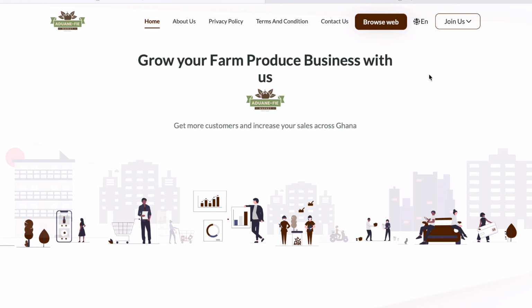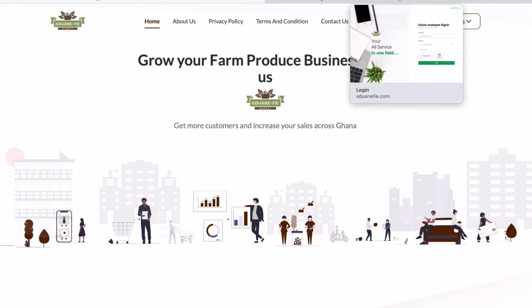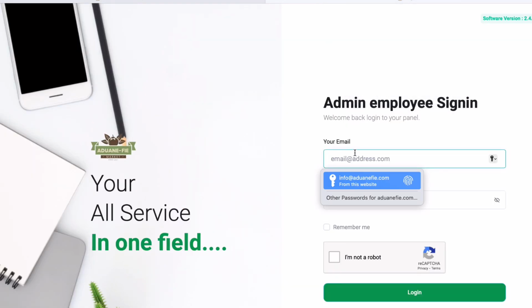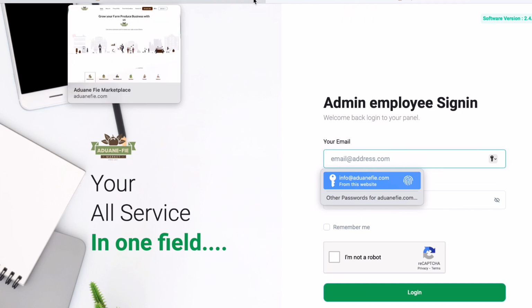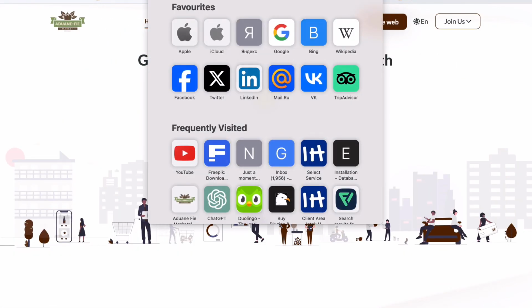So if you are a remote marketer, you're basically going to be using your platform. And I know for those of you that have your login details on the dashboard, it's easy for you to enter. Those of you on the platform, we gave you some login details per your registration. So you go there, and here it is. Here's the employee sign-in backend. If you don't know how to go about this, you just come to